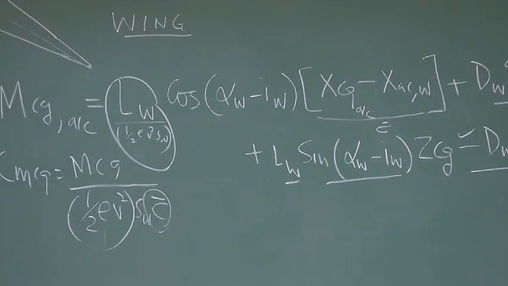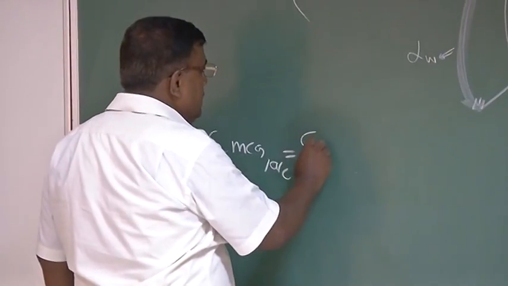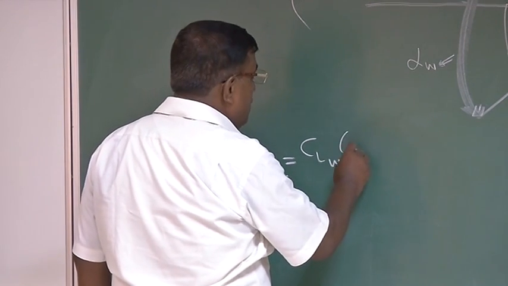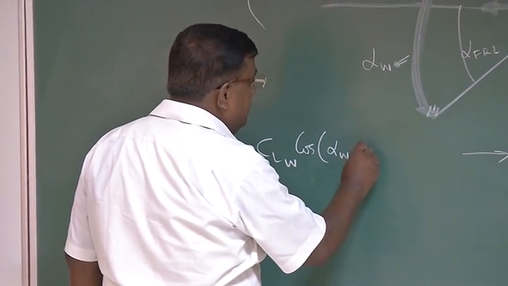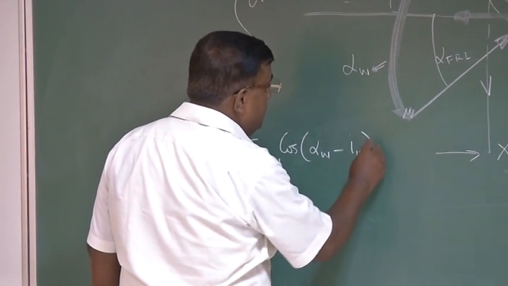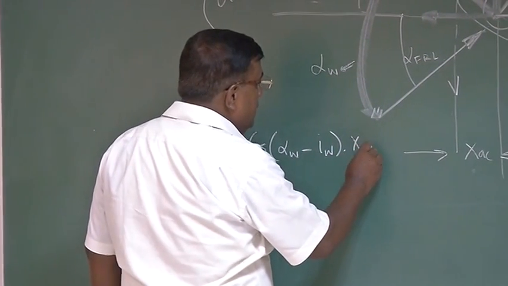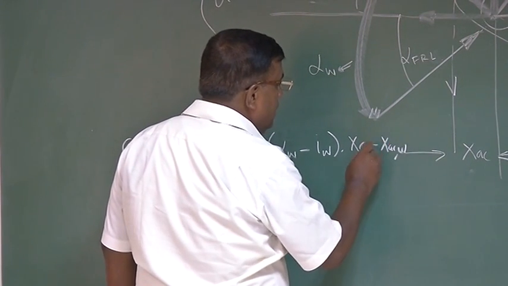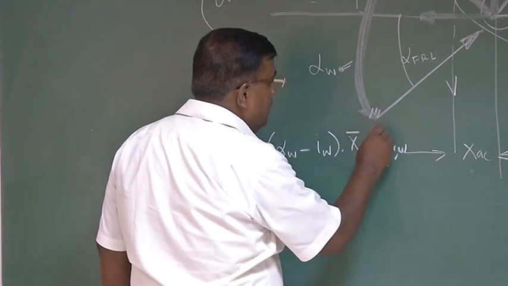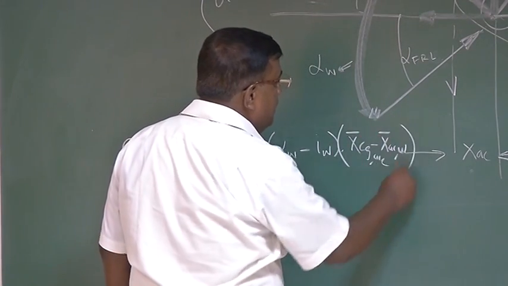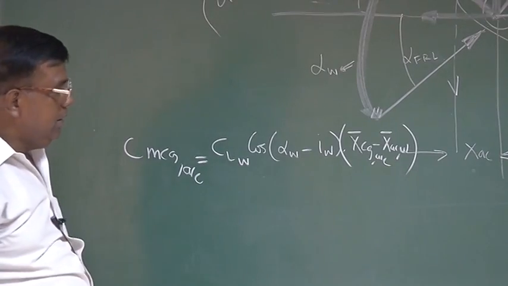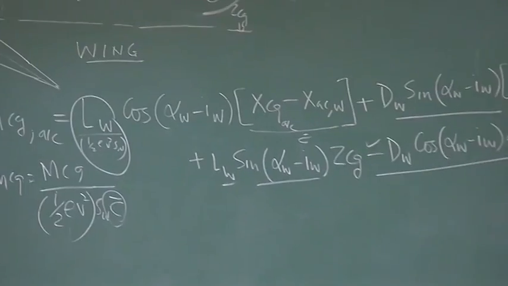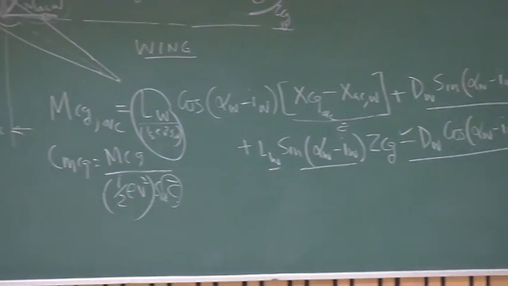So I can write this is equal to CL wing into cos of alpha wing minus IW into X CG minus X AC wing. This is of aircraft, and bar, I am putting bar because now they are divided by C bar. If I divide every term by this, similarly second term I will get plus